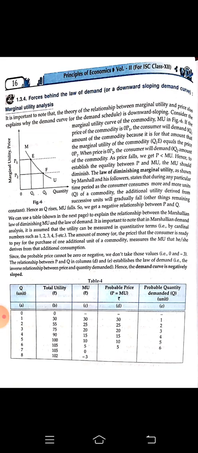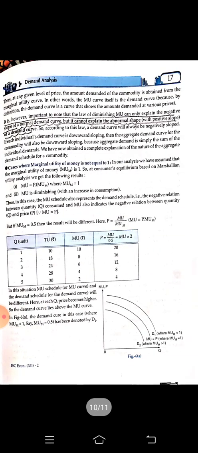However, the law of diminishing marginal utility can explain the negative or downward slope of the demand curve, but it cannot explain the abnormal shape, the upward rising or positive slope of the demand curve. We have already studied this in our previous video. Once again I am repeating that there is an upward sloping demand curve. Those kinds of cases are not explained by this law of diminishing marginal utility.